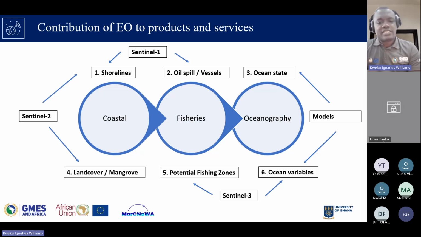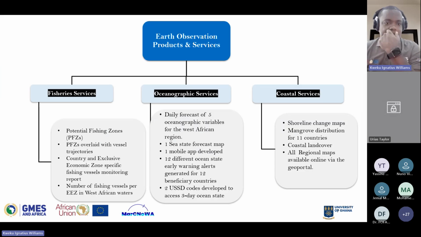So we have coastal services, fisheries, and also what we know as the oceanographic services. And this is making use of a lot of satellite imagery from the Sentinel suite, from Sentinel-1, 2, and 3. And we also include some numerical models in the production of these services. Some of the information coming from these services include the generation of potential fishing zones, mapping of fishing density, provision